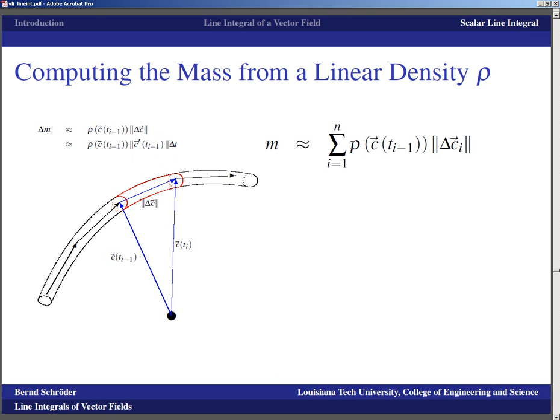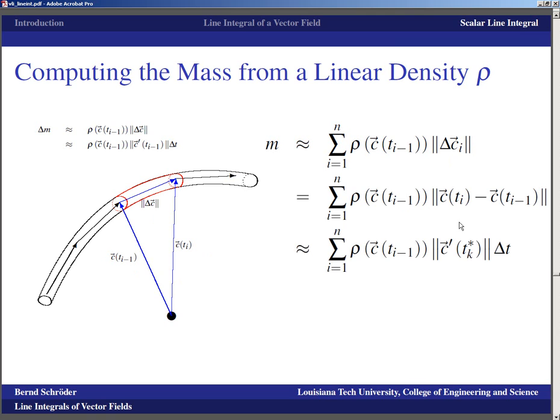So the total mass then would of course be the sum of the densities times the little lengths, which would be the sum of the densities at the starting point times c of t_i minus c of t_i minus 1, because that's of course what I get if I go negatively along c of t_i minus 1 and positively along c of t_i, then this is exactly this vector delta c here. And that is approximately the density at the starting point times c prime at some point in between times delta t, and that in the limit as we let the delta t's go to